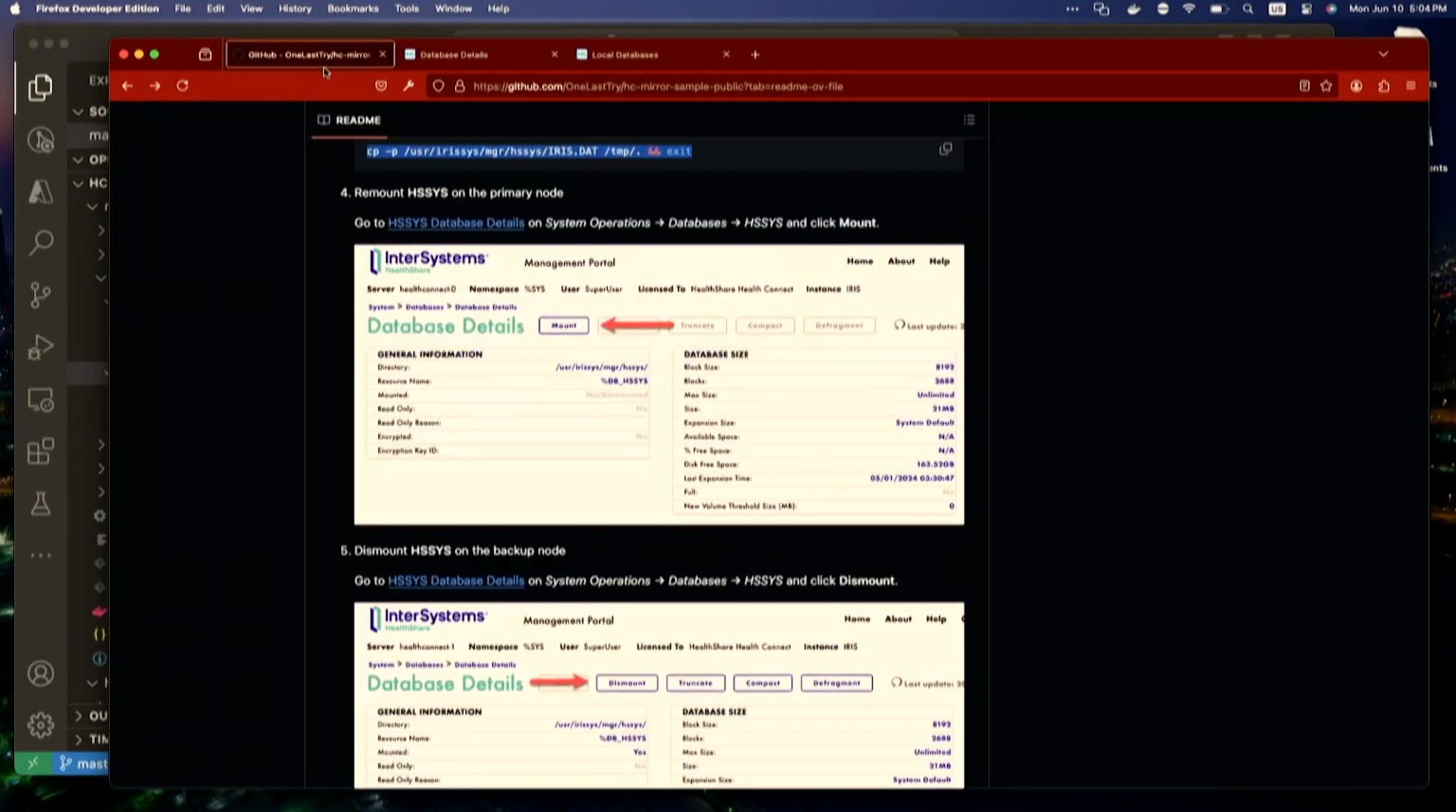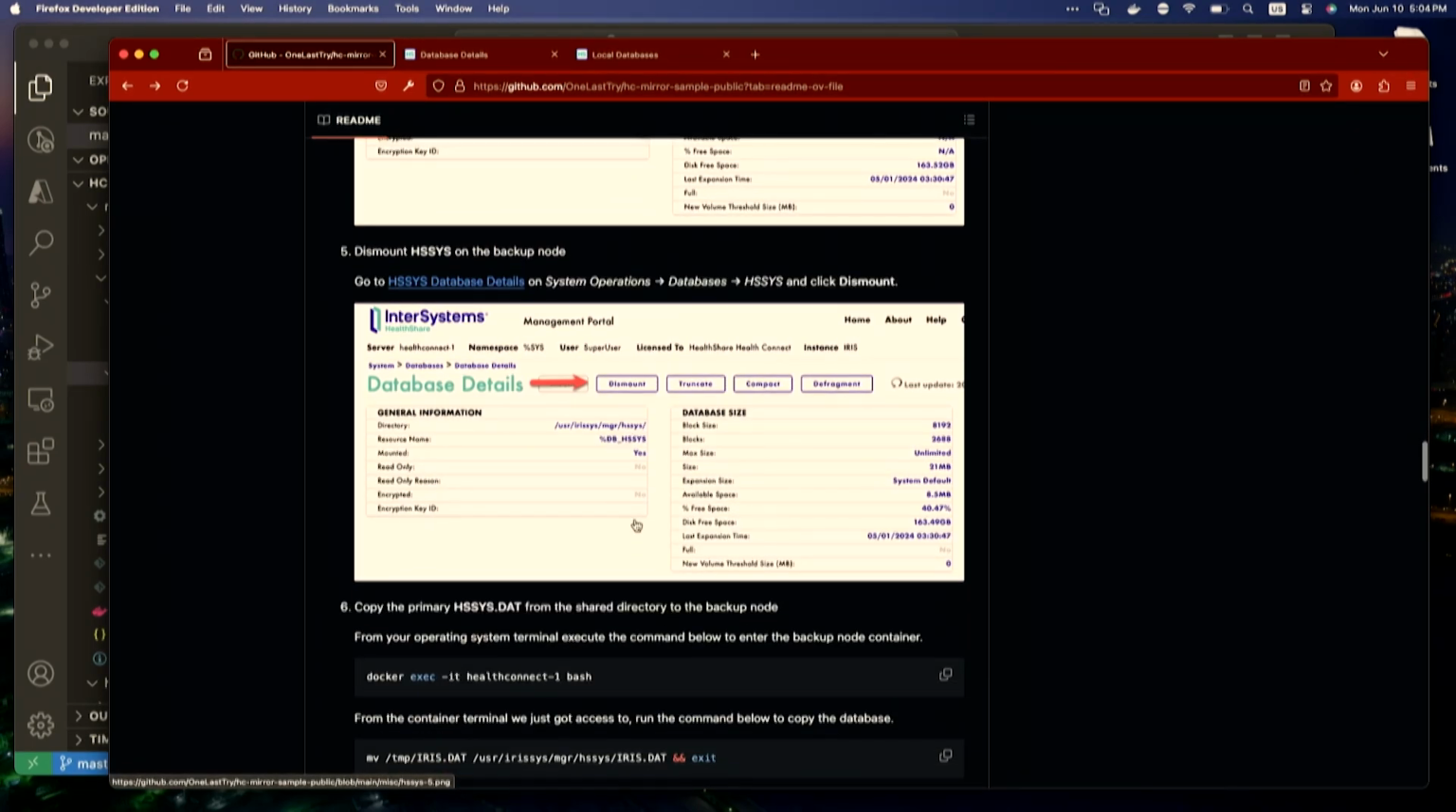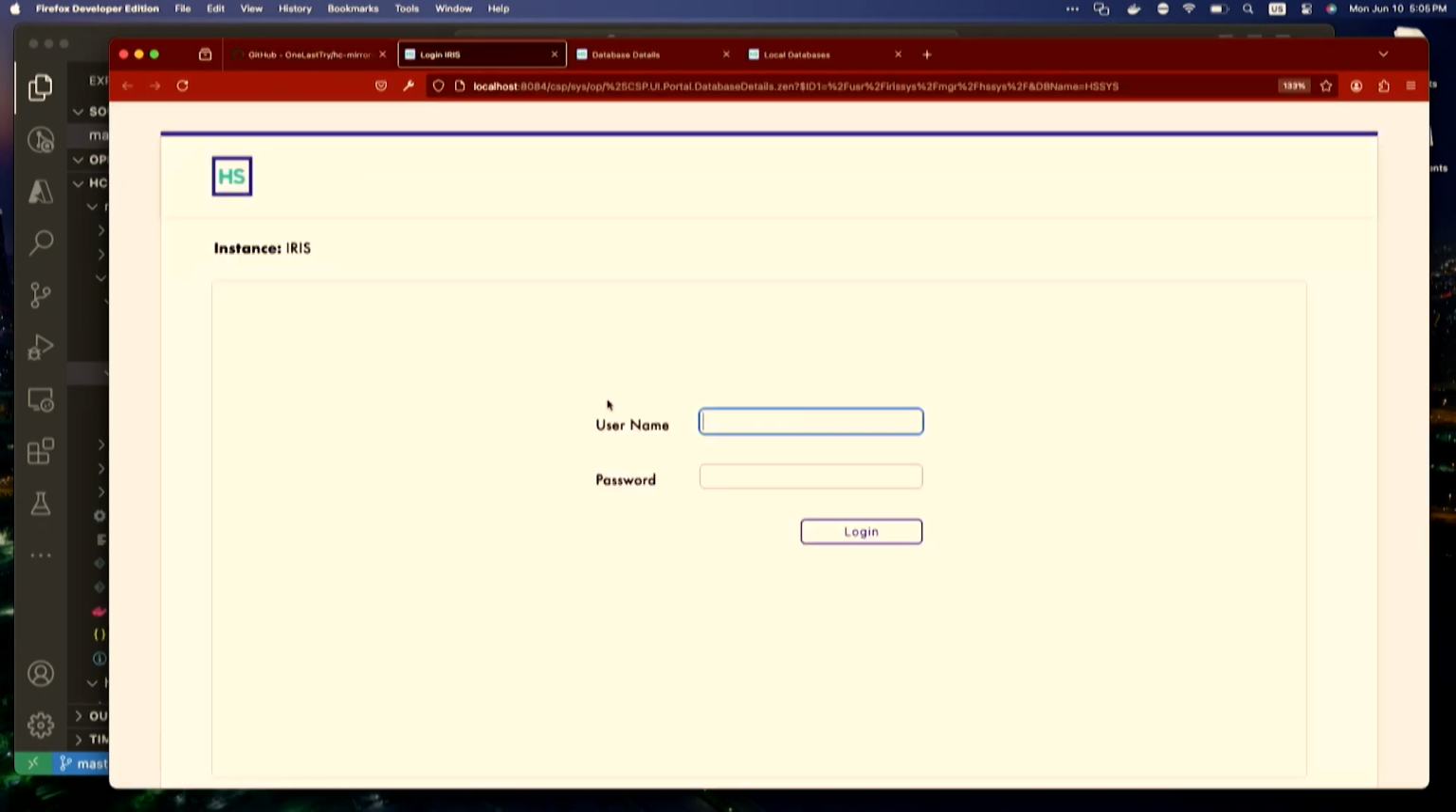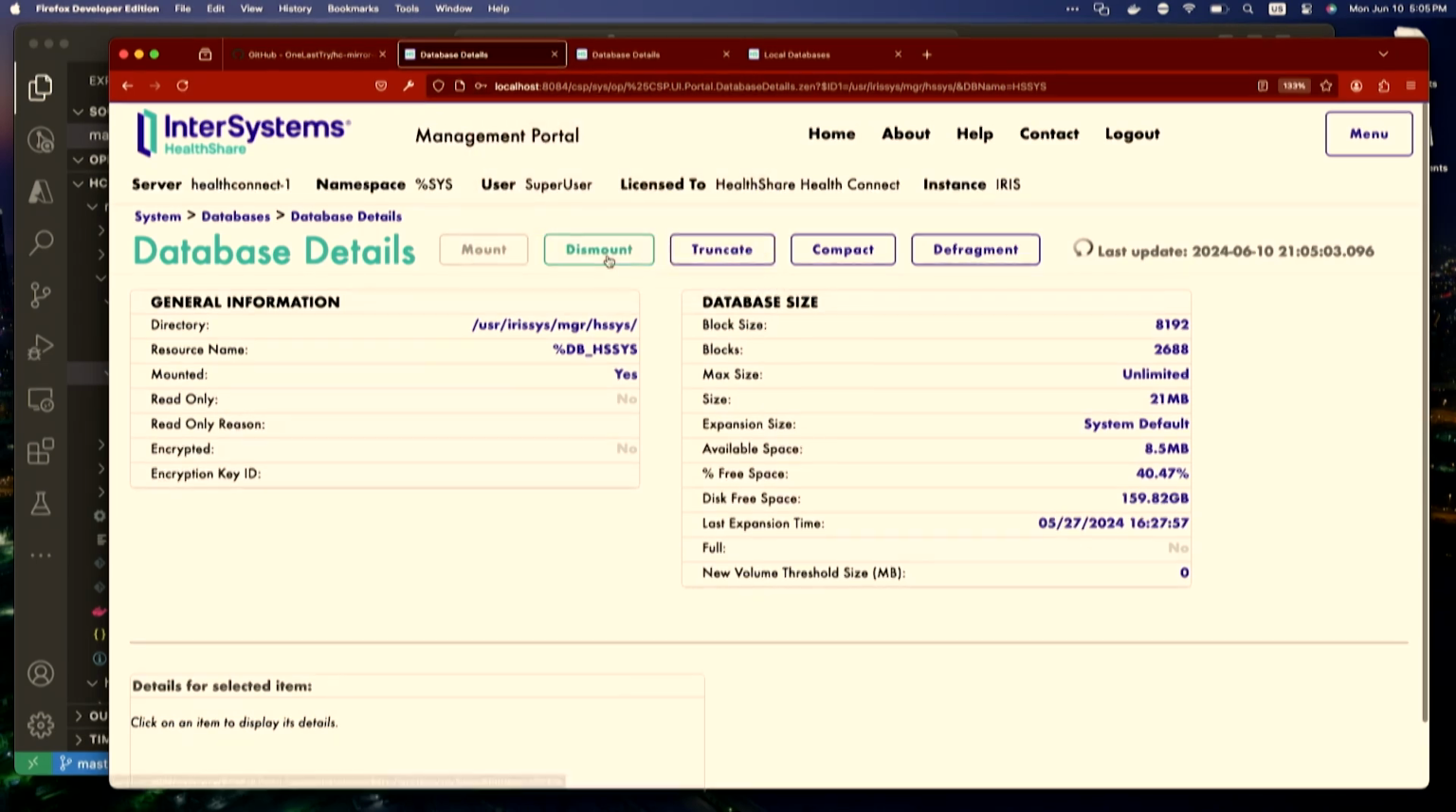And as far as the mirroring identification of the database on the primary member is concerned, we are all done. Now what we need to do is basically move that database into the backup member. So now I'm going to open the dedicated web gateway for the backup member, and dismount the current HSys that is there,